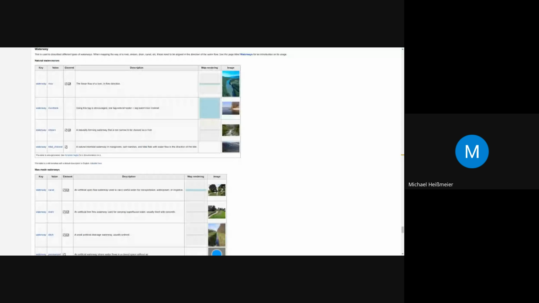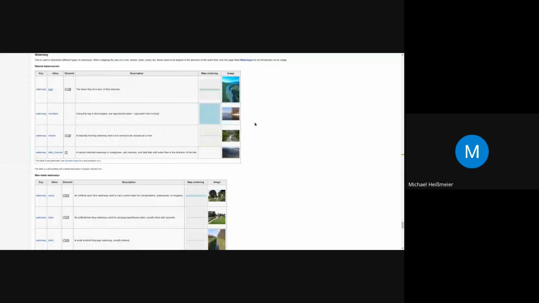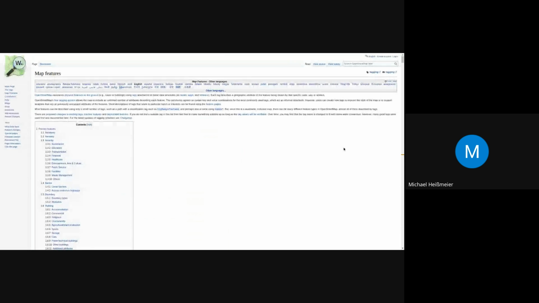There is often a question: how can we get tagging right? The definitive resource here is the OpenStreetMap wiki, and there is a page called Map Features, and that is generally acknowledged.